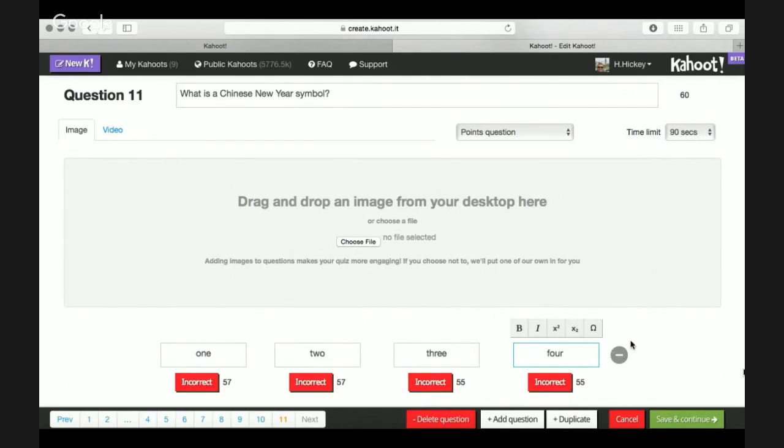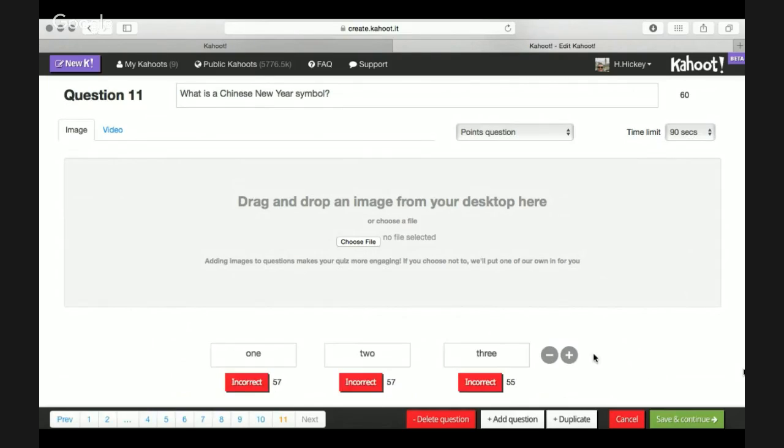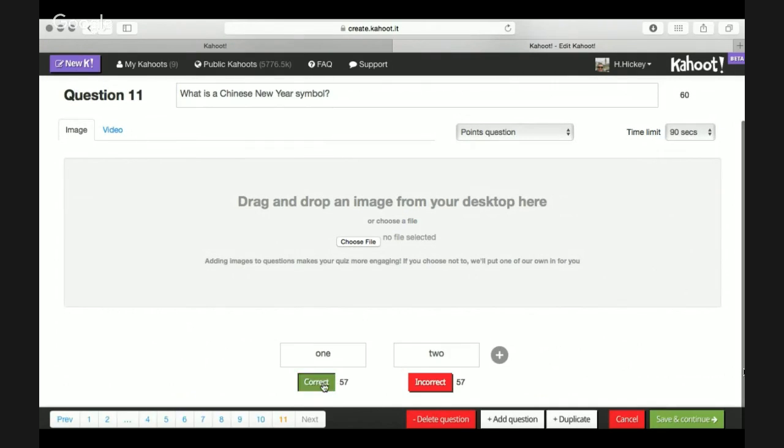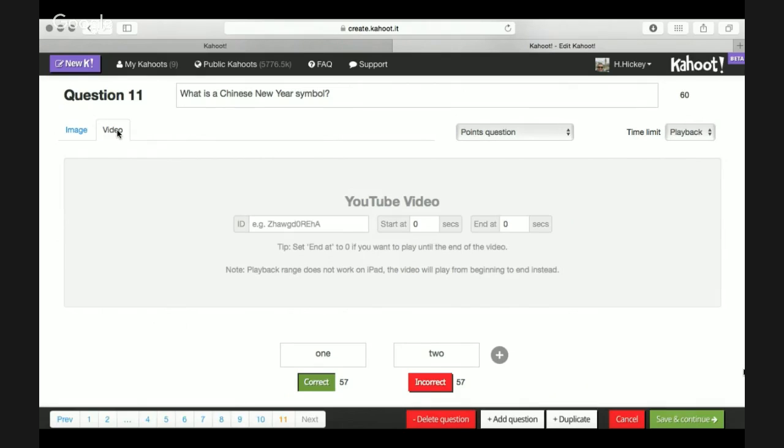I can also, you'll notice there's a little minus sign here. I can also take away choices. So I can have as few as 2 here and choose a correct one. You'll notice here to the left, in the top left, you have a choice of adding an image or a video. And I can actually just put the